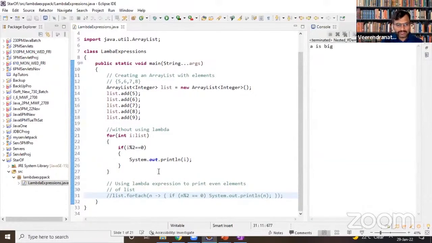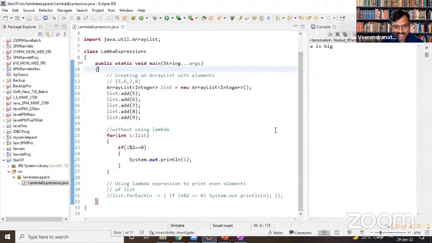Okay, one second. I think this is running the previous code. Public static void main string var, yes, it's fine. Let me press Ctrl F11.